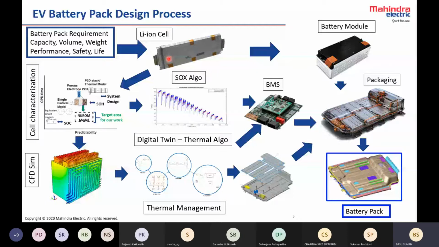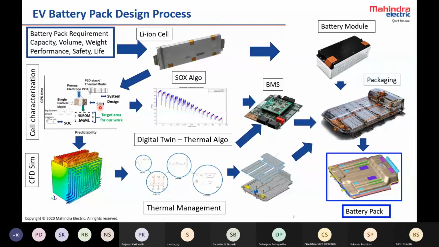So once we have decided on a cell, what we need to do is we have to characterize the cell. There are different ways of characterizing. There are standard tests, and then there are standard models available. So we have SOC model. SOC stands for state of charge. There are SOH models. This means state of health. So state of charge basically means that how much charge is remaining in a cell. And state of health means what is the level of health, means that let's say in the beginning the battery was able to store some 100 ampere current, 100 amp hour current.